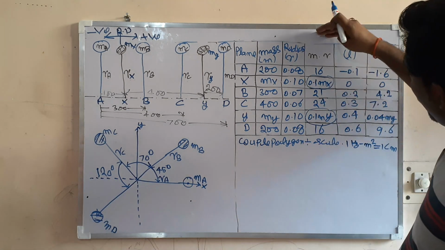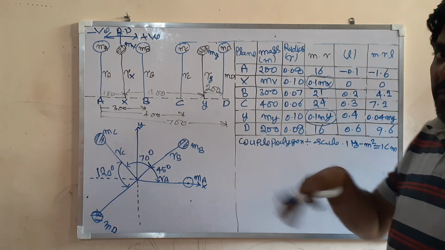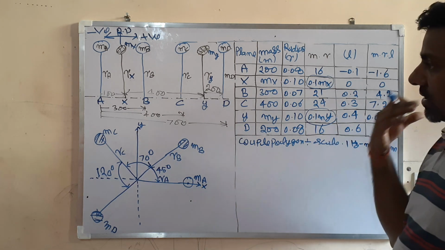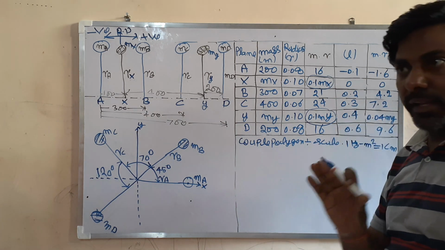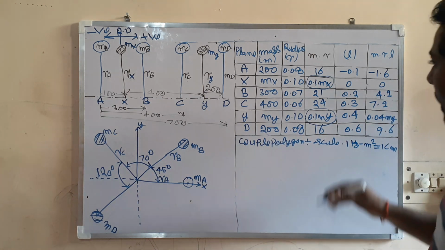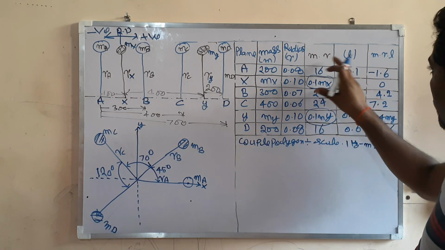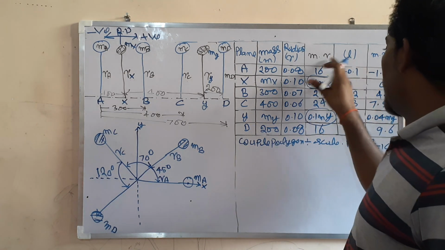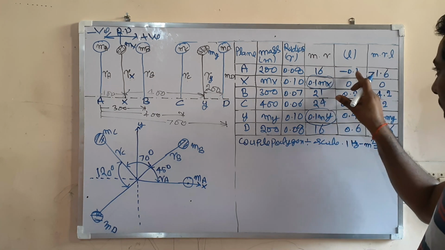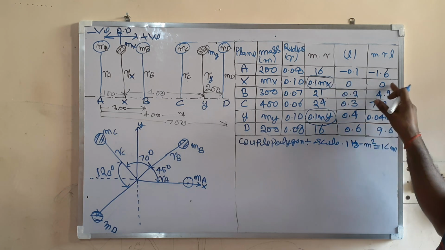Now, this is actually centrifugal force divided by omega square. We are leaving out omega square because that is common in all. I am not neglecting it, just leaving it because it will get cancelled out from all. So this is the distance from RP, and by multiplying these two, m into L, you get the couple. Just multiply these two and write here. I have written this 0, which will make this 0.